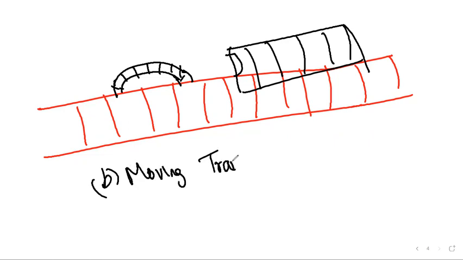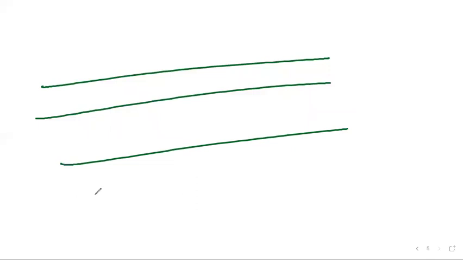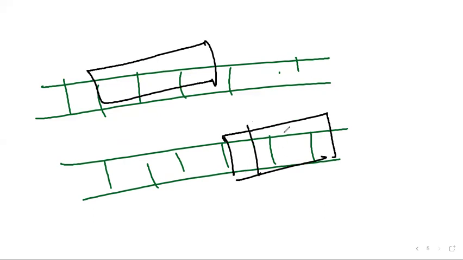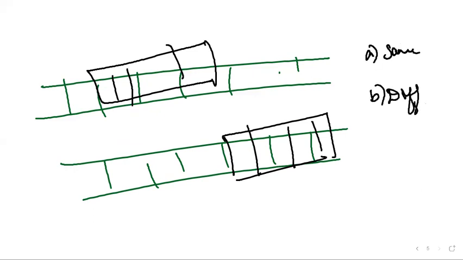Moving train and a bridge. And there is a third case where we need to draw two tracks, and here there will be two trains. In one case they might be moving in the same direction, and in another case they will be crossing in different directions. So these are the different scenarios in which we will be questioned about speed, length, or time, anything.